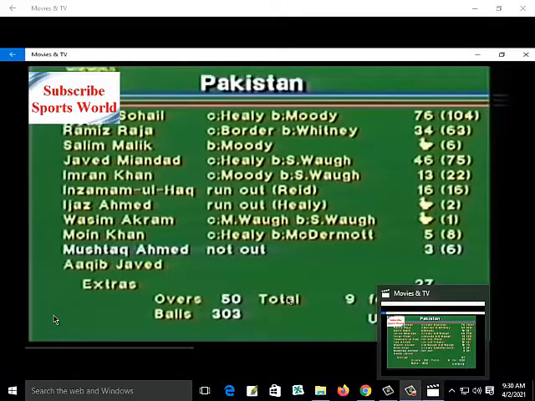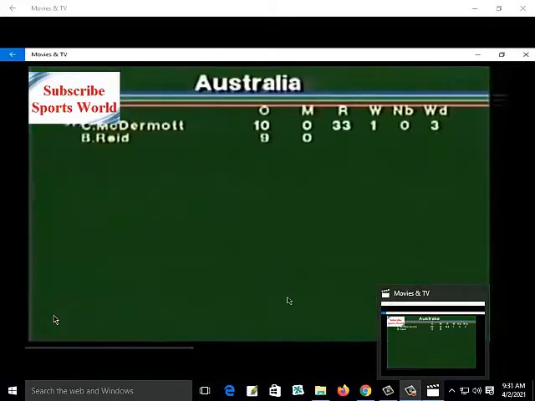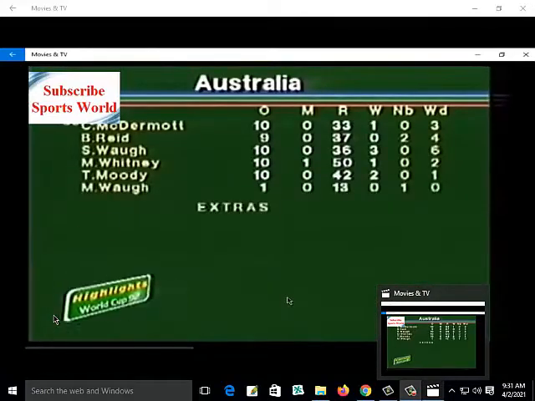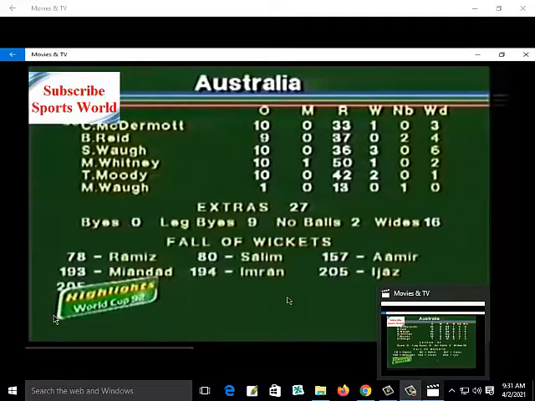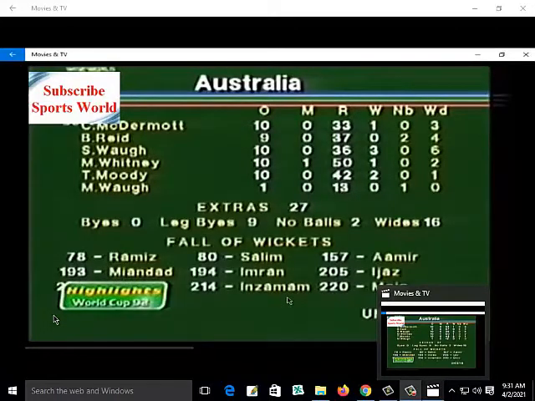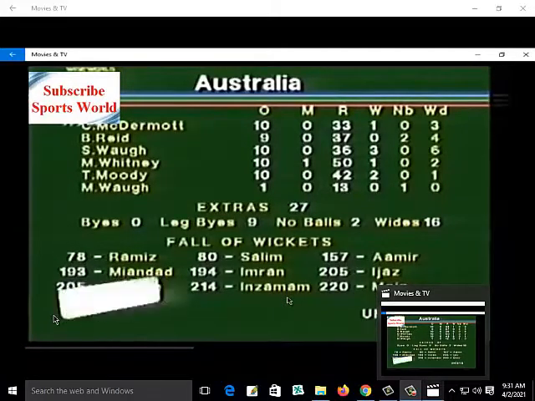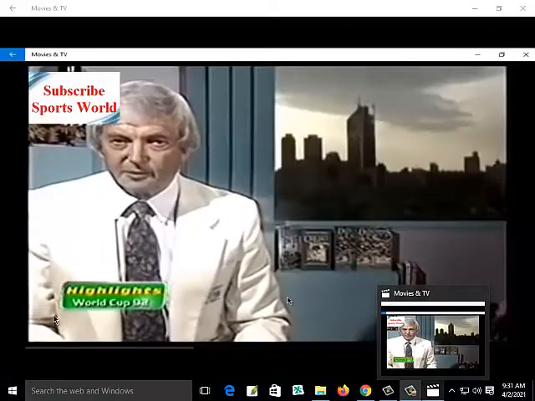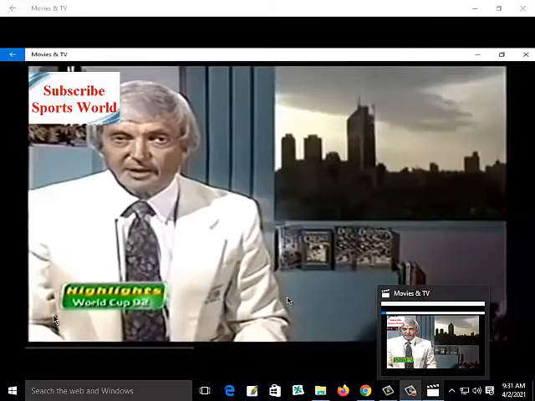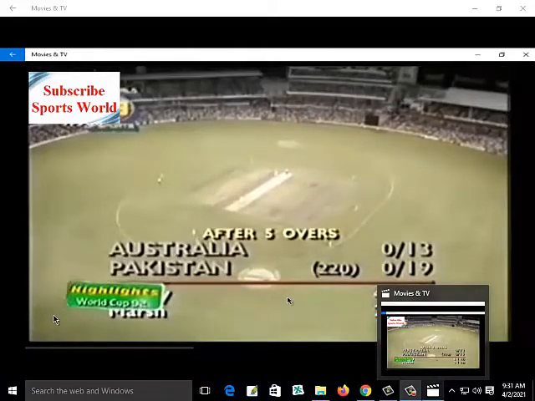Now, the bowling figures are all important for Australia and for this match. They've got themselves back in the game. McDermott, absolutely terrific, 10 overs, no maiden, 1 for 33. But the star was Steve Waugh. Now, that was some of the best character I've ever seen on a cricket field out there. He was in trouble early, came back and bowled 10 overs, no maiden, 3 for 36. A tremendous performance. Moody did a good job as well, 2 for 42. So it's 221 to win for the Australians. It's well within their scope, but it is a very competitive target they've been set.